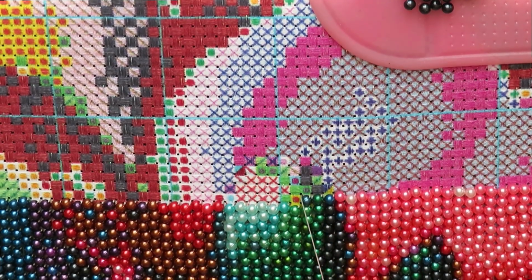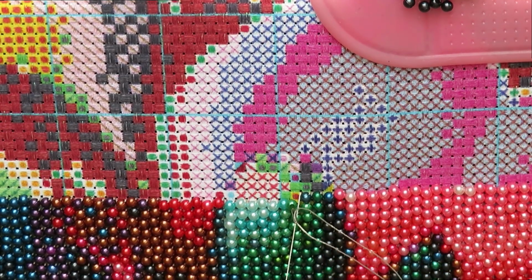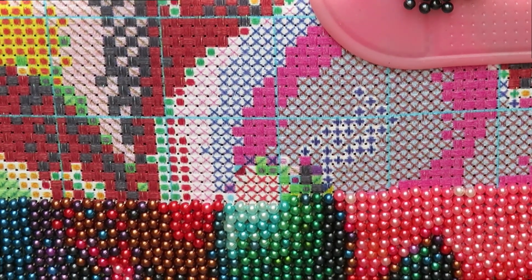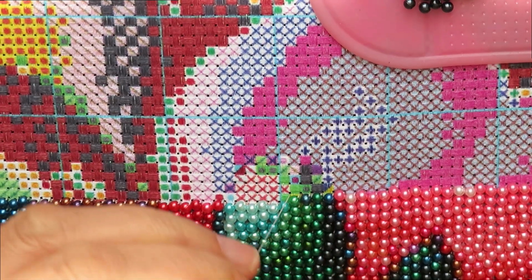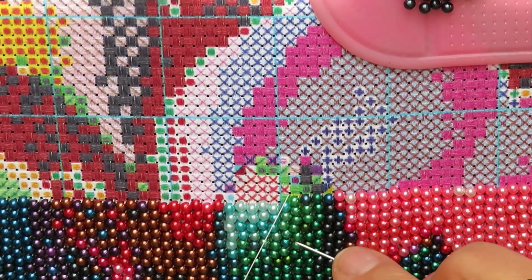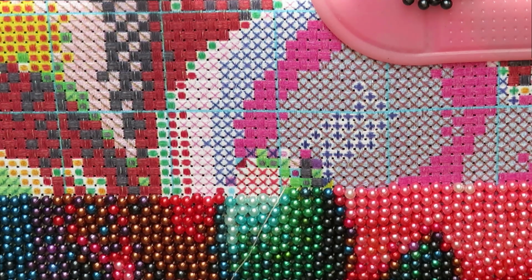22. I literally put on a mat of 22 number 3 beads because I needed in this two rows 3 beads, and then next I have like way on my other 10. Oh, I don't think I put this color green, solid green. It's a 13. Let me pull out